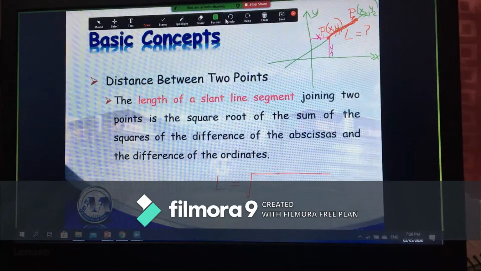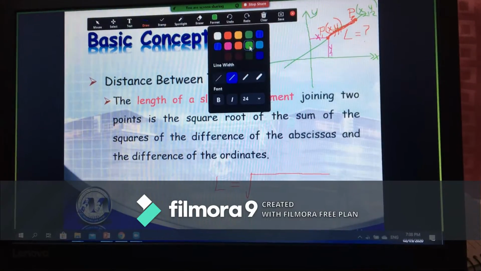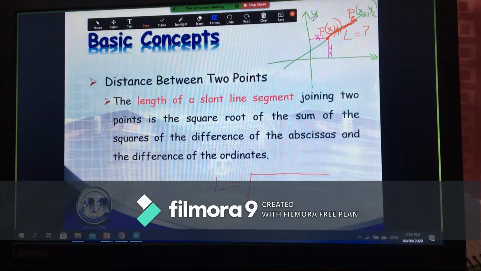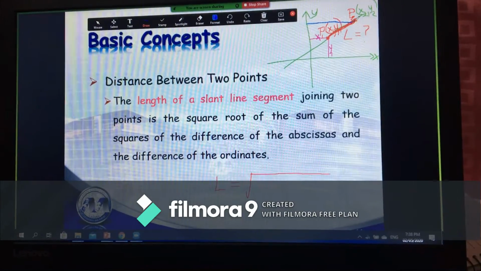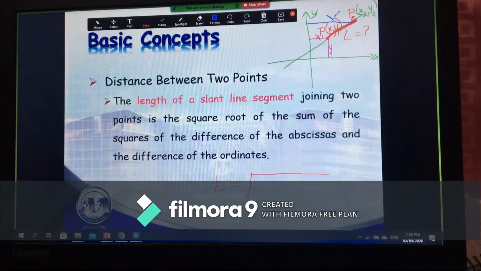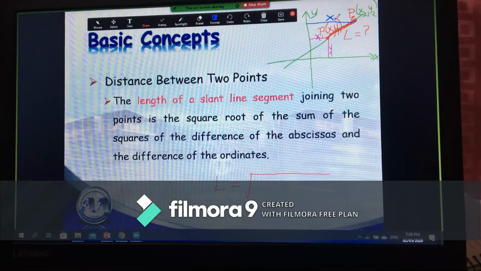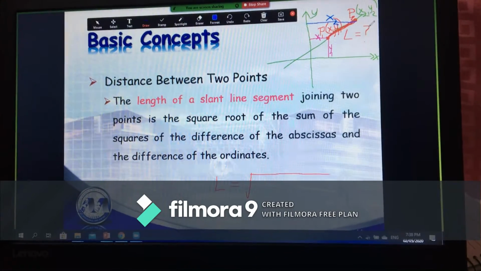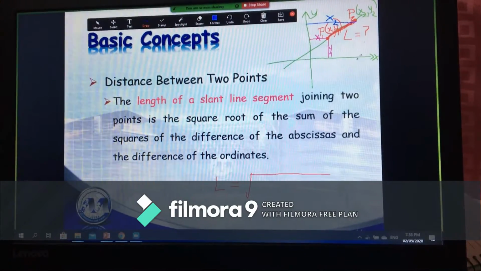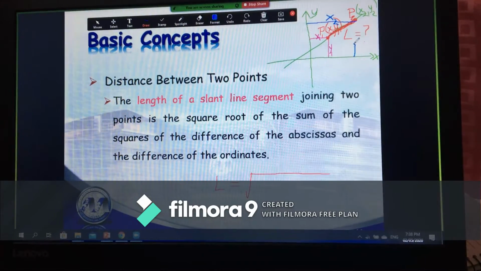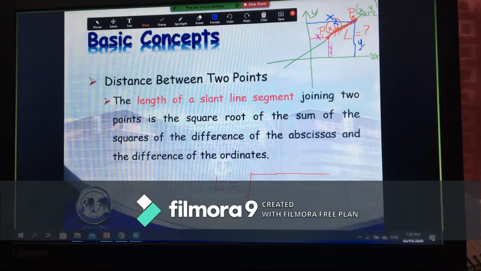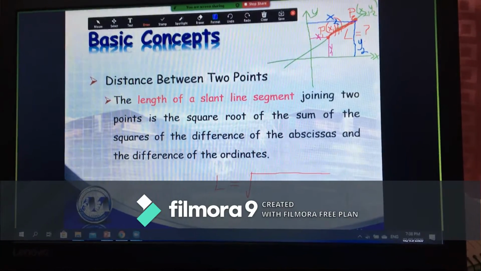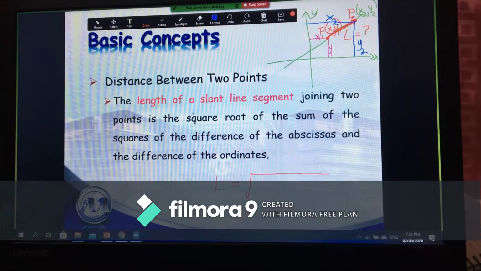Si x2 is distance yan from the y-axis towards P2. Ito si x2. Then si y2 is the distance from the x-axis towards that point P2. Yan si y2. Okay? Now, after labeling this, then following this statement, it says that the length of a line